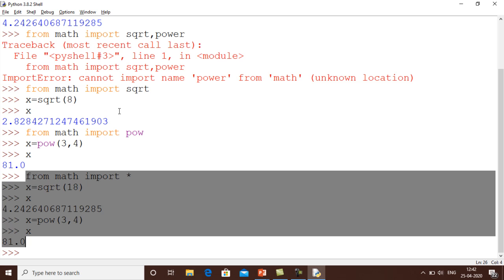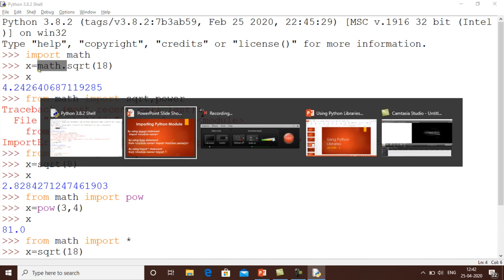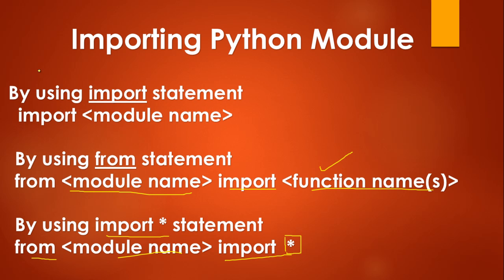But if I just write import math, then obviously I have to include the name of the module before every function, like math.sqrt, okay. So basically I have practically shown you how you can access a module in your program in the 3 given ways, okay.